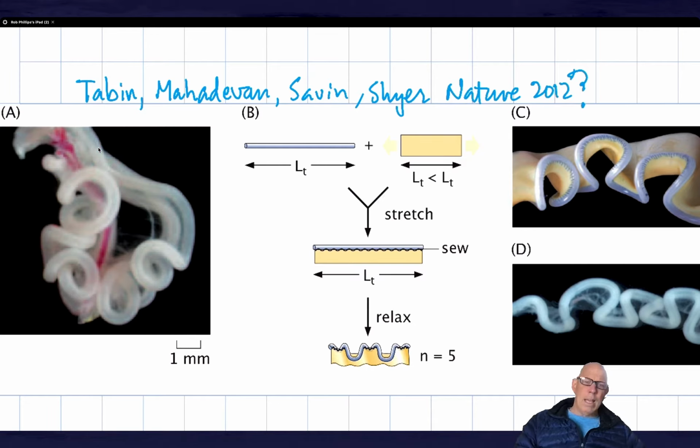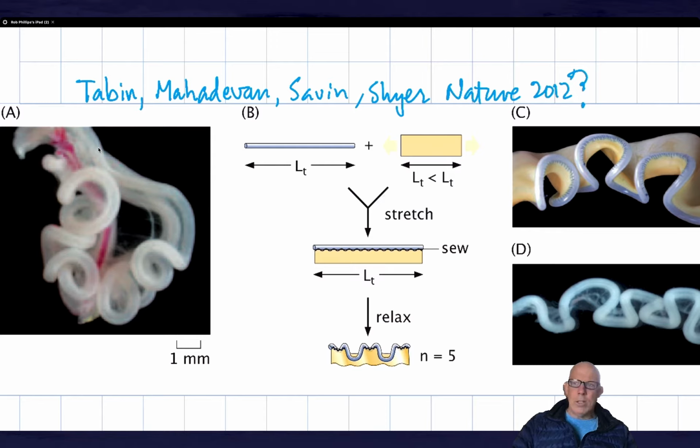And what I'm going to claim, again just to foreshadow, here's the whole reason that I'm going through this: I want to be able to do this calculation. And the calculation is illustrated beautifully by a little material analog that they constructed and showed in their paper, which is to say, as you can see over here, they took some elastic tubing, that's this part, and they sewed it to a piece of rubber sheet. So they have a tube and a sheet, and they sew them together, but they've stretched them differentially. What I mean by that is that they're not stretched to the same extent when they're